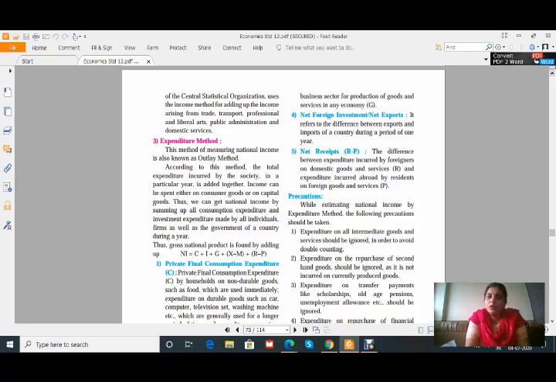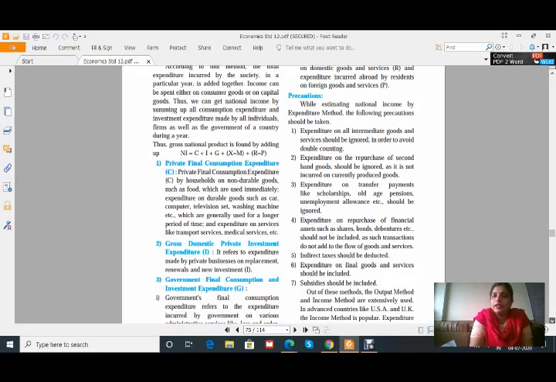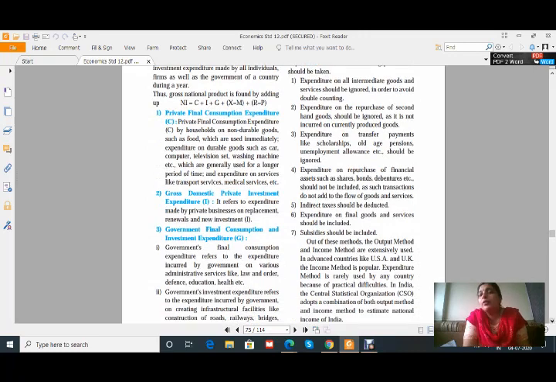Precautions are mostly similar to the previous one, so it's very easy to understand, and even if you want to write the answer for this, precautions are almost similar. Just while writing the answer, be careful that which method is asked and which method's precautions you have to write. The very first one is expenditure on all intermediate goods and services should be ignored, as we already saw this. Expenditure on repurchase of second hand goods,